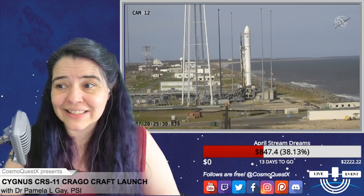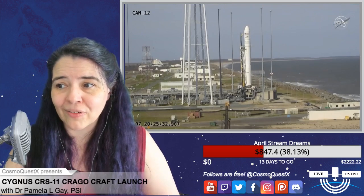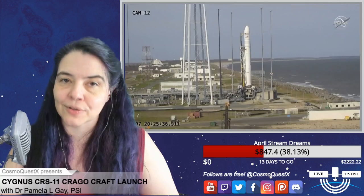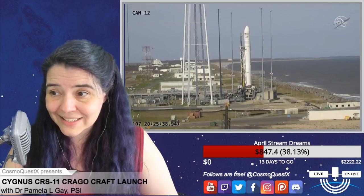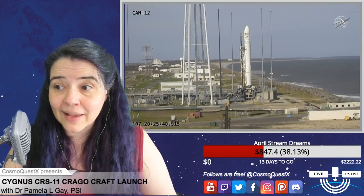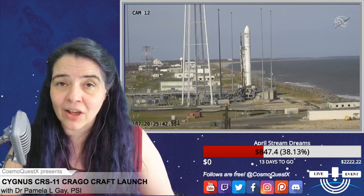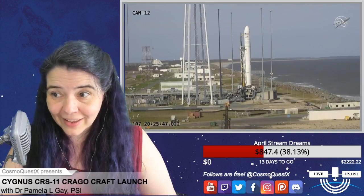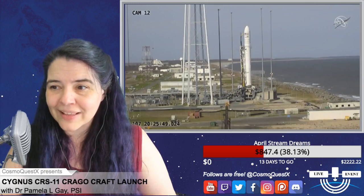So this is the first time they have been able to do this with a Cygnus. They have in the past been able to do this kind of a mission with late load in only on the Dragon capsule. The way they describe this...